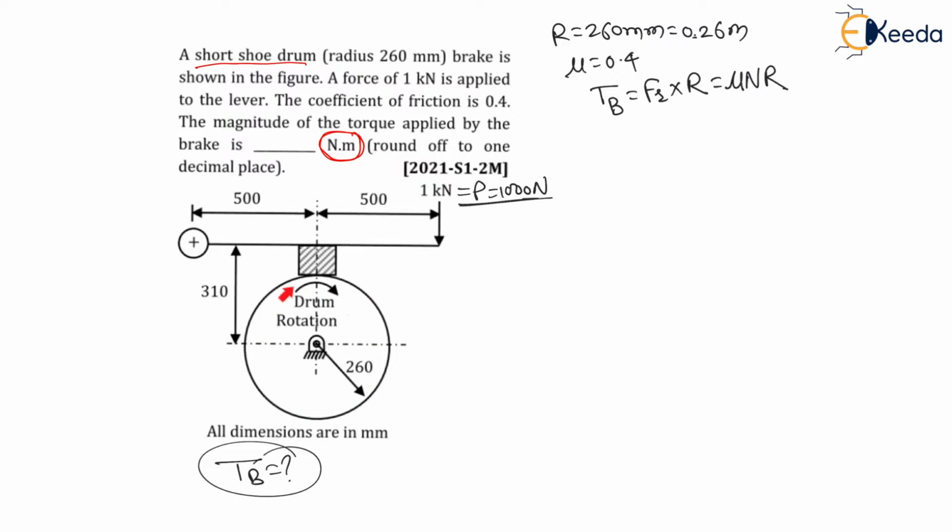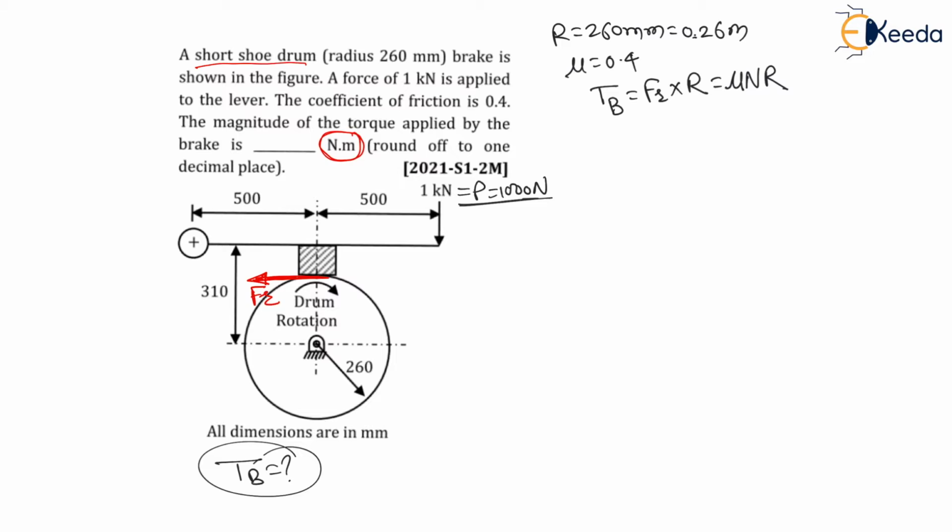Now the brake drum is rotating in clockwise direction. See, this drum is rotating in clockwise direction. To stop this I have to apply an anti-clockwise force. Therefore the frictional force on this drum will be in this direction, towards left, we can say. This will be the frictional force. Definitely because of this frictional force the torque will be created in anti-clockwise direction, and the drum is moving in clockwise direction, so this force creates torque in anti-clockwise direction on the drum, then only the drum will stop, right?